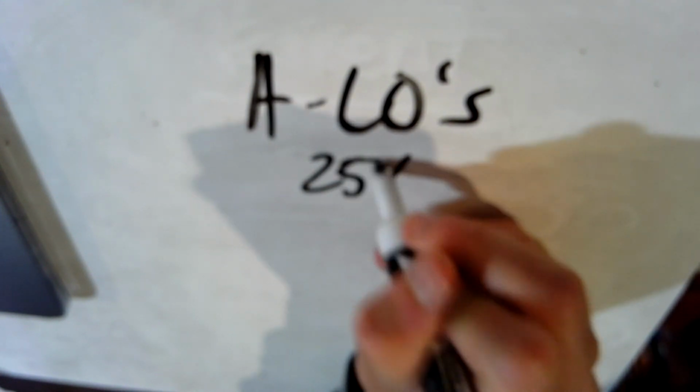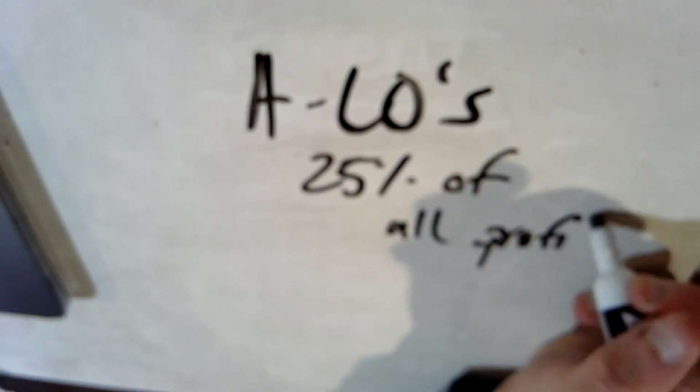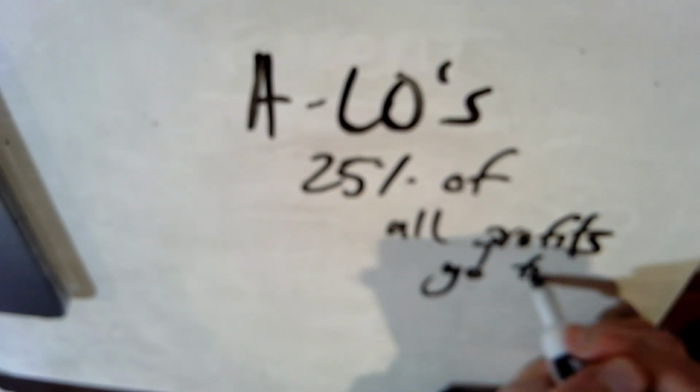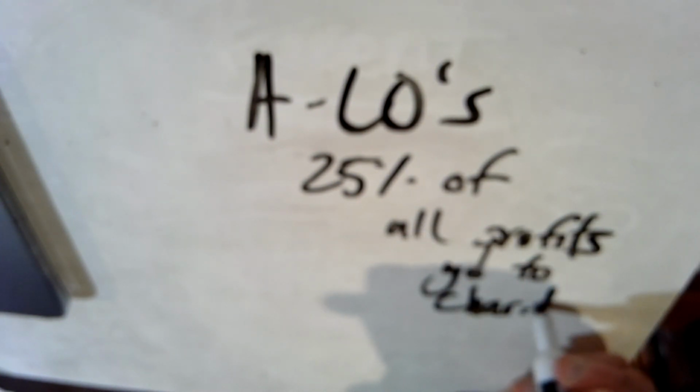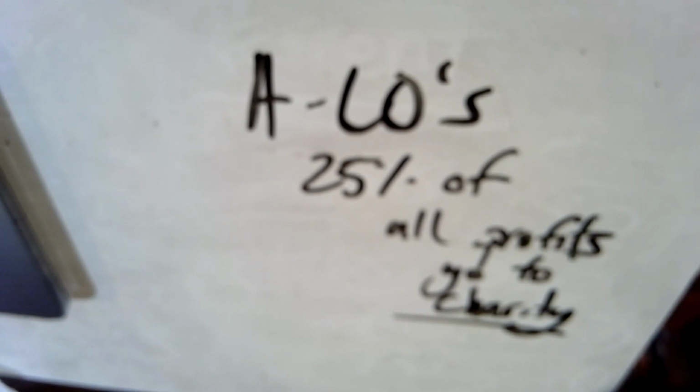Let's say at Alo's restaurant, they're saying 25% of all profits go to charity. That's a nice